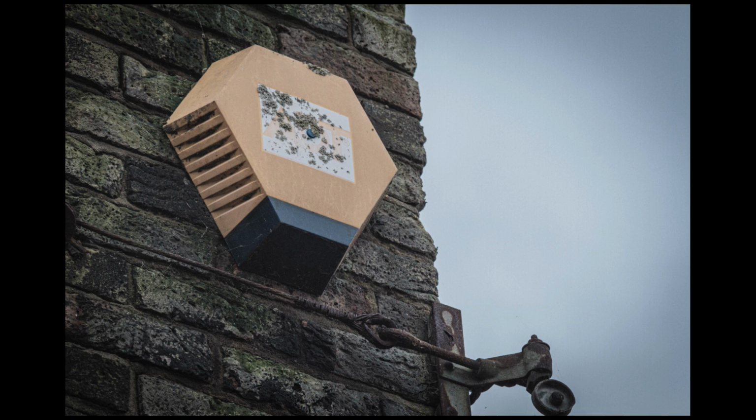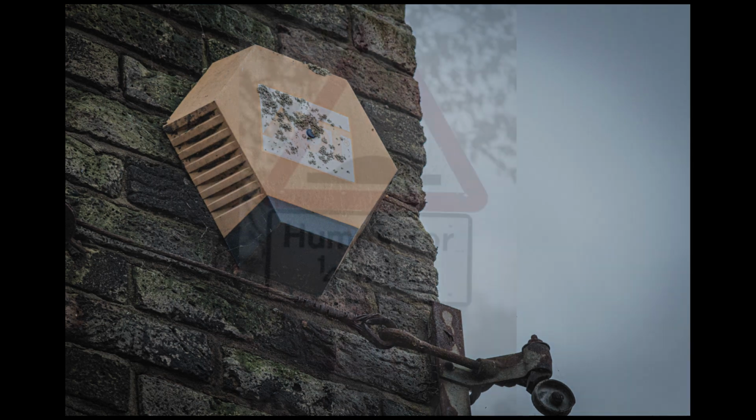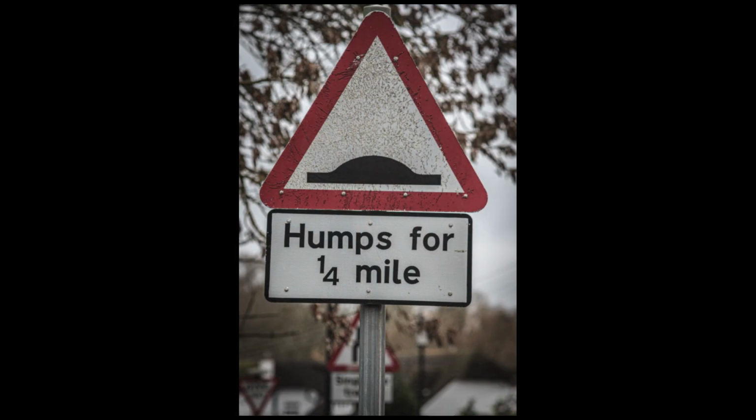Now I shot this on a cloudy day, ISO 800, so the reason I bumped the ISO up was to try and keep the shutter speed reasonable to avoid too much shake, which I did get with a few of them. But of course you can avoid that by using the burst mode. If you put it into burst mode,